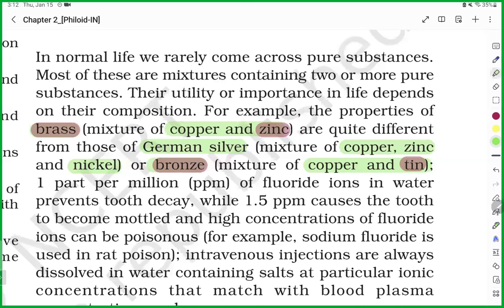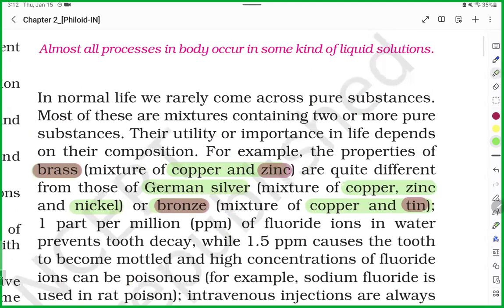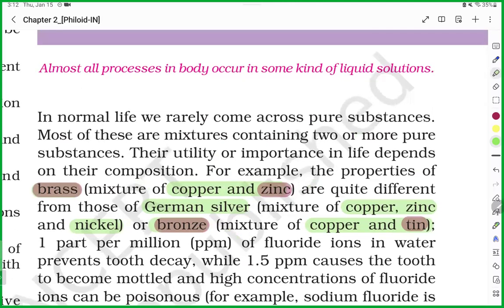So we just started solution, a homogeneous mixture of two or more substances. Example, brass and bronze, both are mixtures. In bronze you have tin, copper is common between both, like copper is present in brass as well as bronze. You will mix the second part, so in bronze you have tin but you don't have zinc, then